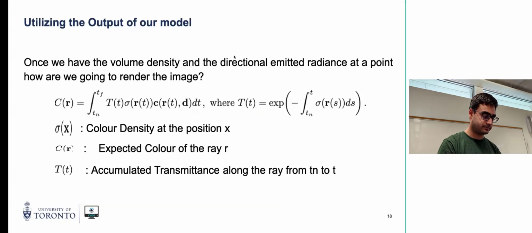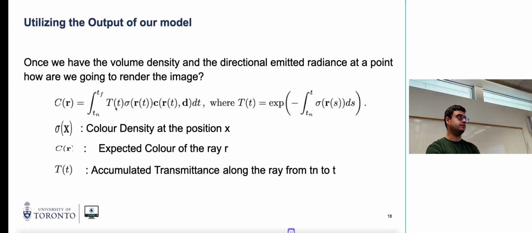Now we'll talk about the concept of volume rendering, which is also used by NeRFs in order to generate images of a particular scene. As I said, NeRFs output RGB values and the volume density. After we have these outputs, we need to understand how we are going to generate or render the image. So we render the image using this integral